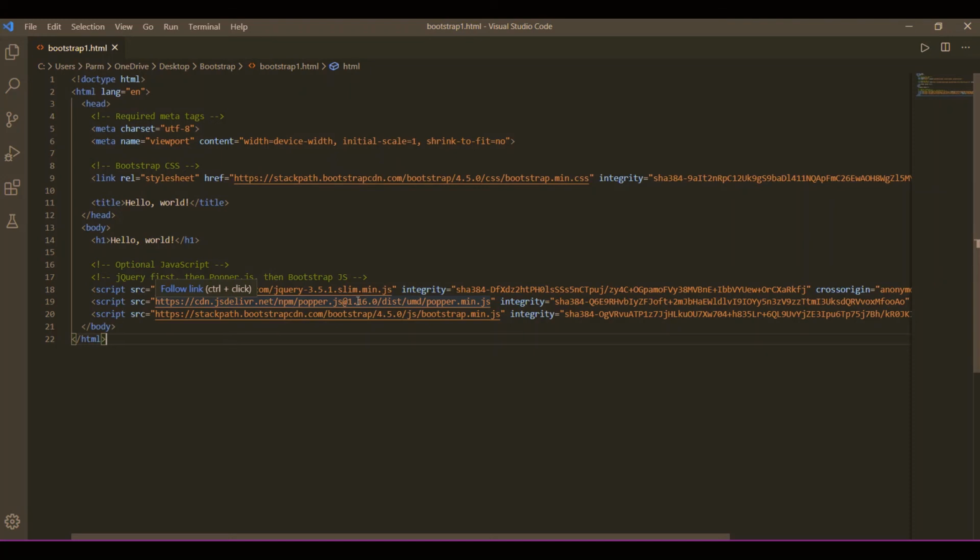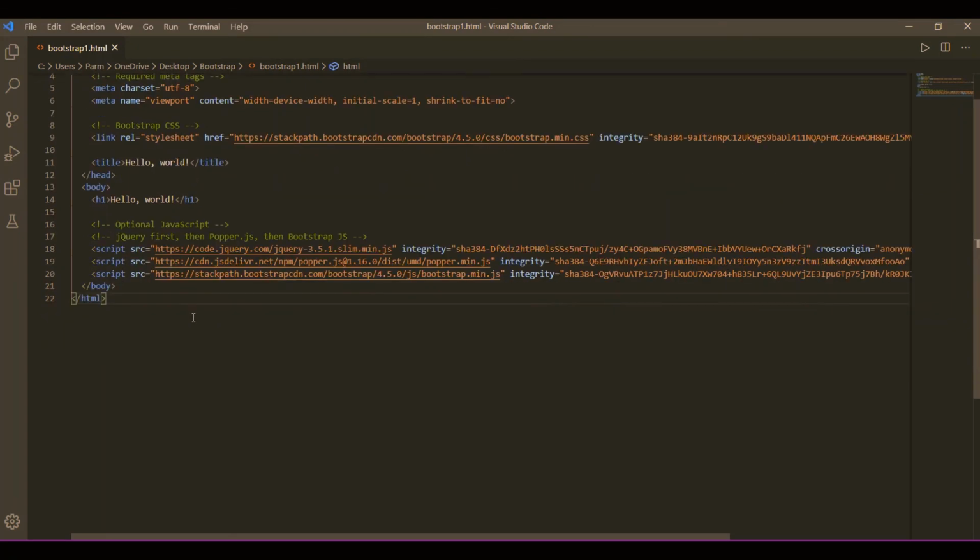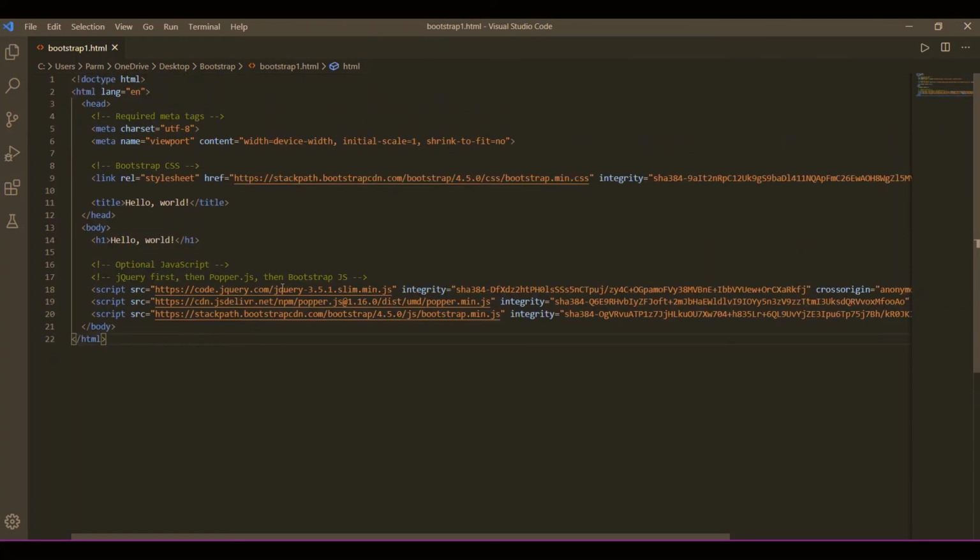So whenever we need a certain feature that requires these things like jQuery, then Popper JS, then Bootstrap, we have to use these files, and they must be included before the closing tag of the body. That is how we can use this. So this is the way we can use the CDN to use Bootstrap in our local page.